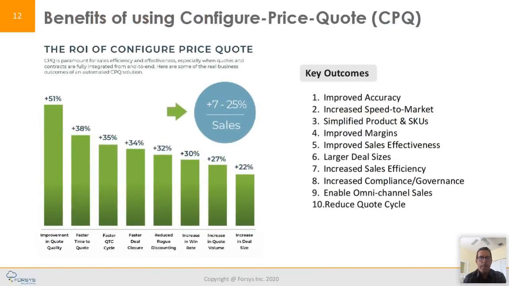So in this slide on the left-hand side, you'll see a lot of great improvements, right? These are ROI. So we did a third-party study. This is what our customers said to us as the improvement, right? So you'll see quote quality. So do you have to have additional rework cycles? Faster time to quote. This is really important because when you look at something like this, in many industries, the first one to quote is usually the one that wins the deal.